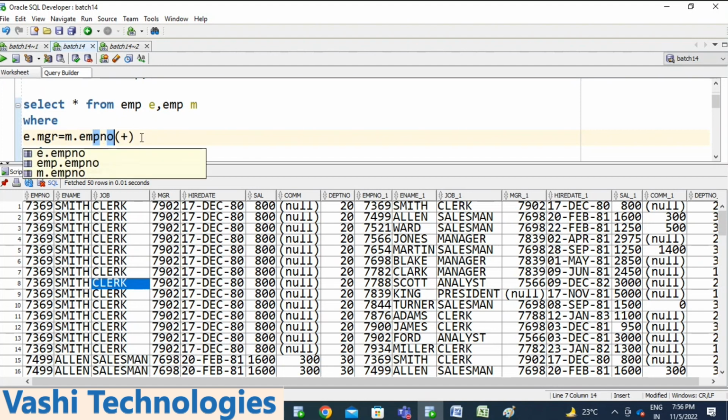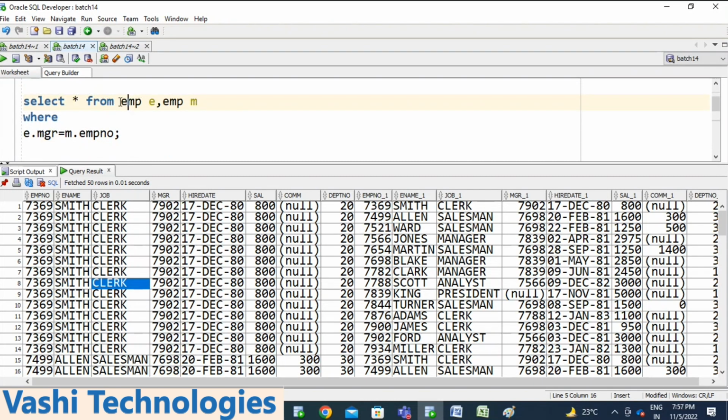The joining is very, very important here. I'm taking employee information along with manager. Meaning I need to display employee information along with manager. So employee table's manager ID equals manager table's employee number.